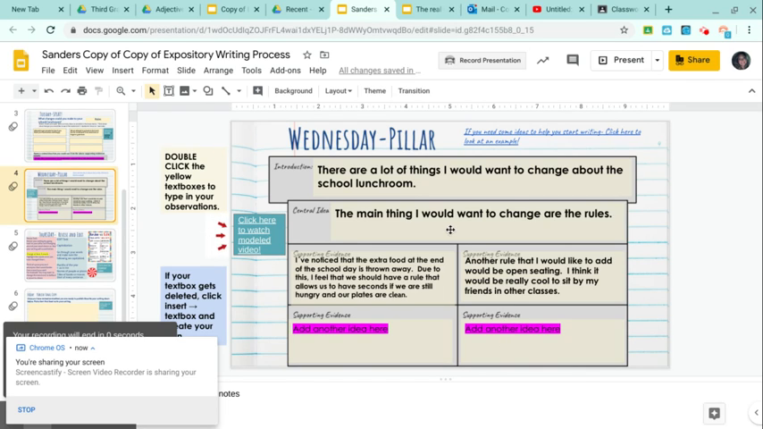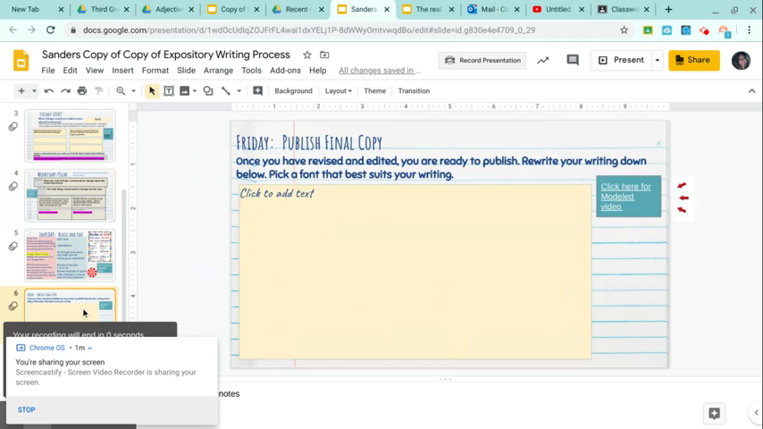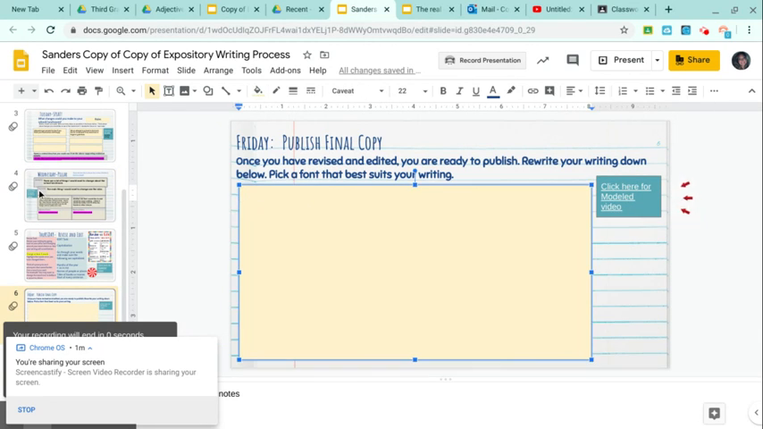So right here, you're literally taking all this info in the pillar, and you're just copying it down onto this page right here. Very easy. One little trick,